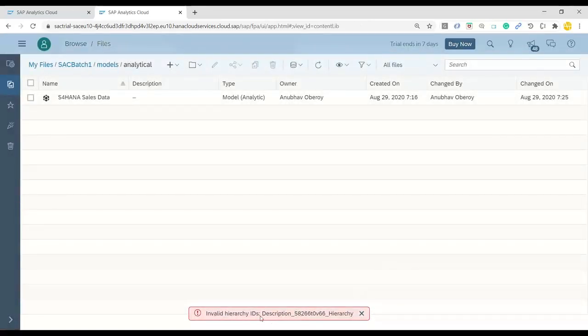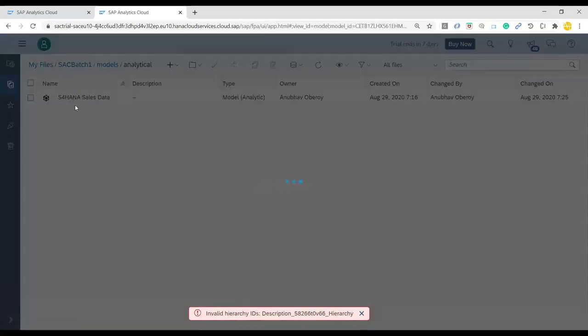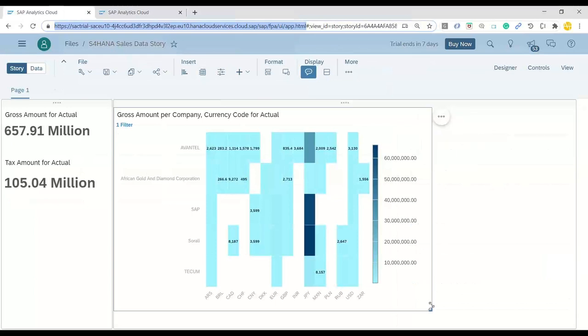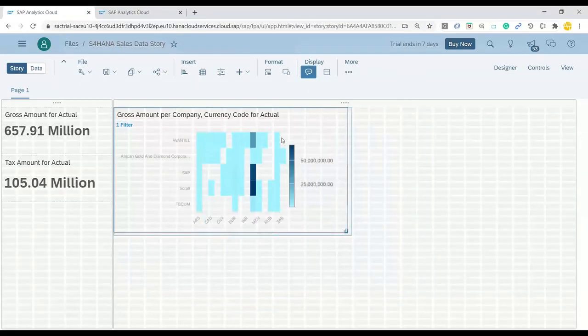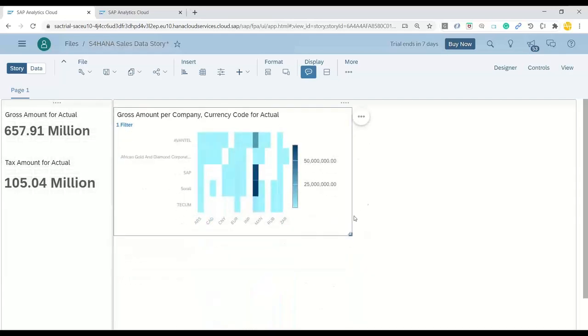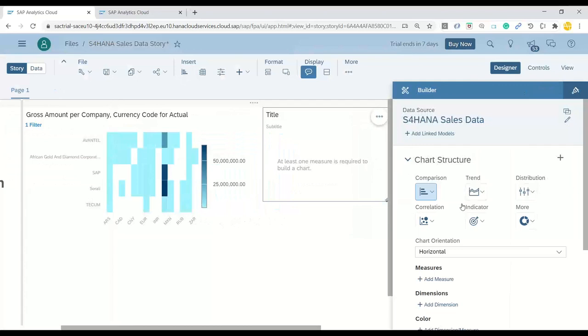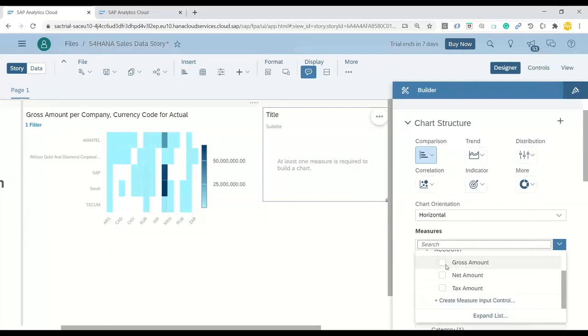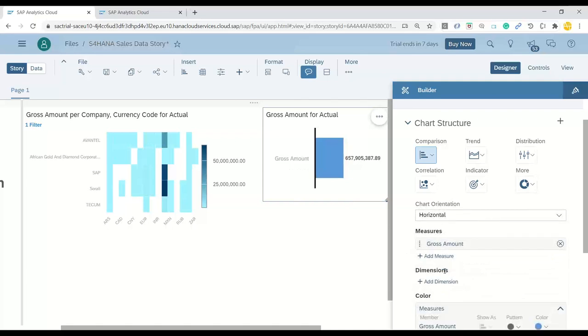Now you see we have an issue, invalid hierarchy description. Somewhere, some data is corrupted or empty, it's not proper, and that's what is affecting my hierarchy creation. However, let's go back and check if it shows. I don't think so, because data is corrupt. The data which we loaded from that CDS is not proper, so the system may not show us what is expected, but let's try. So I add that here, and over here I'll add the measure, say gross amount, and now